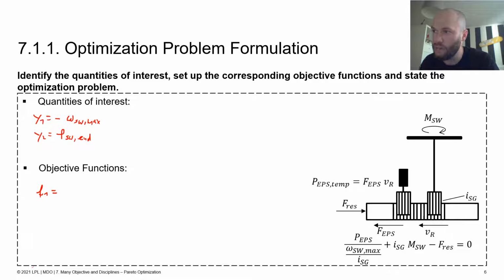And if we do that, then we say our objective function with respect to the angular speed is minus omega steering wheel max, and we can reformulate it with the mentioned formula. So we take the minus of the gear ratio here multiplied with the rack velocity V max, and then we can also use the formula for the velocity further, which is